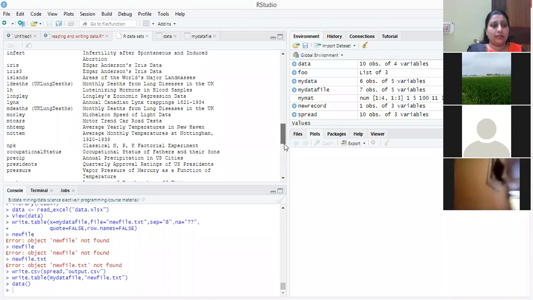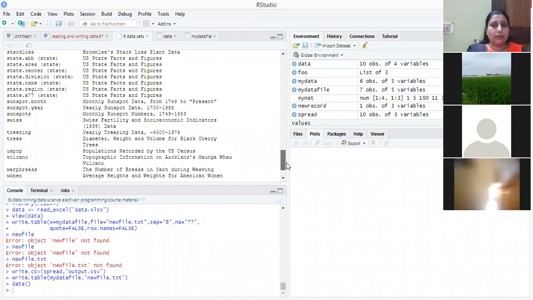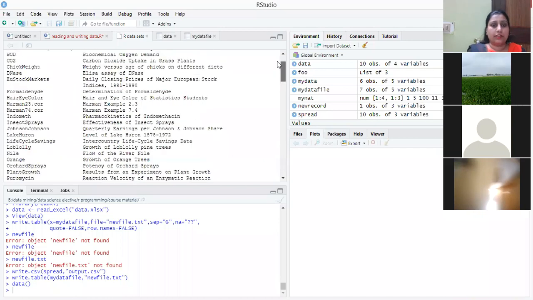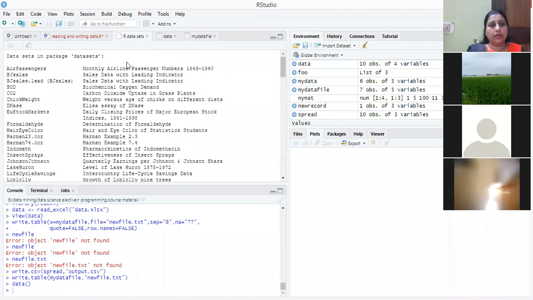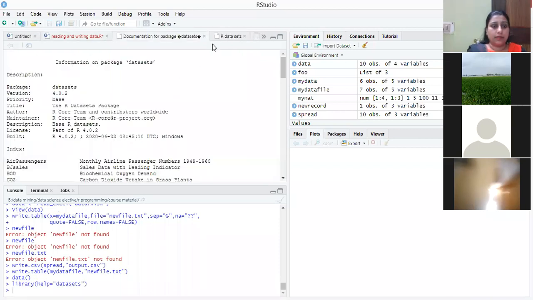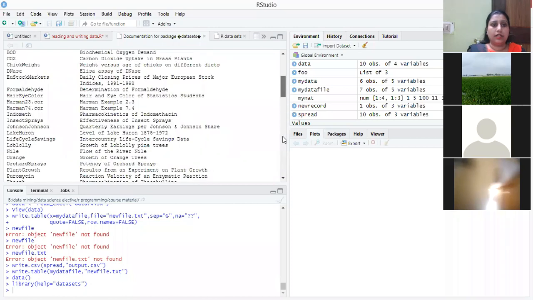So there are some packages, and by default a single line of description is also included. One more thing is library(help = datasets). If you do this, it will show you the package datasets, and these are the different data sets which are present.